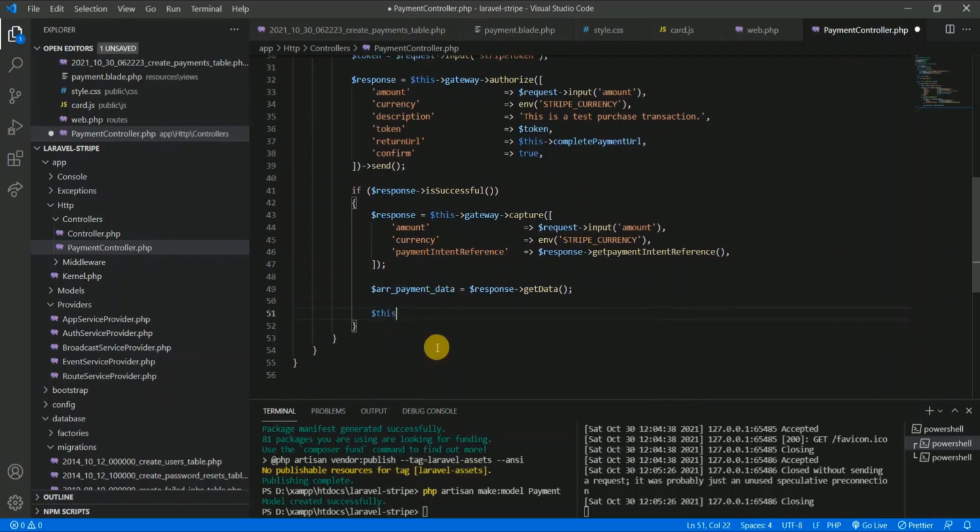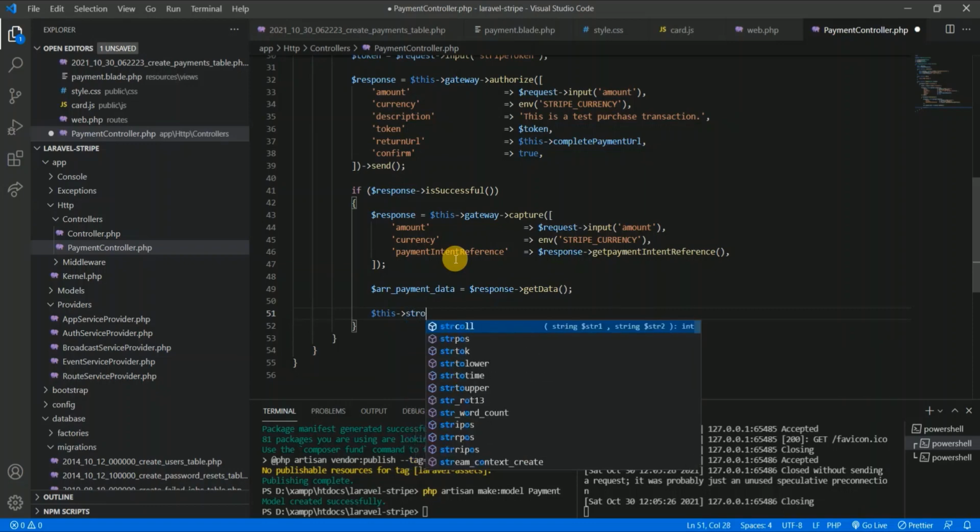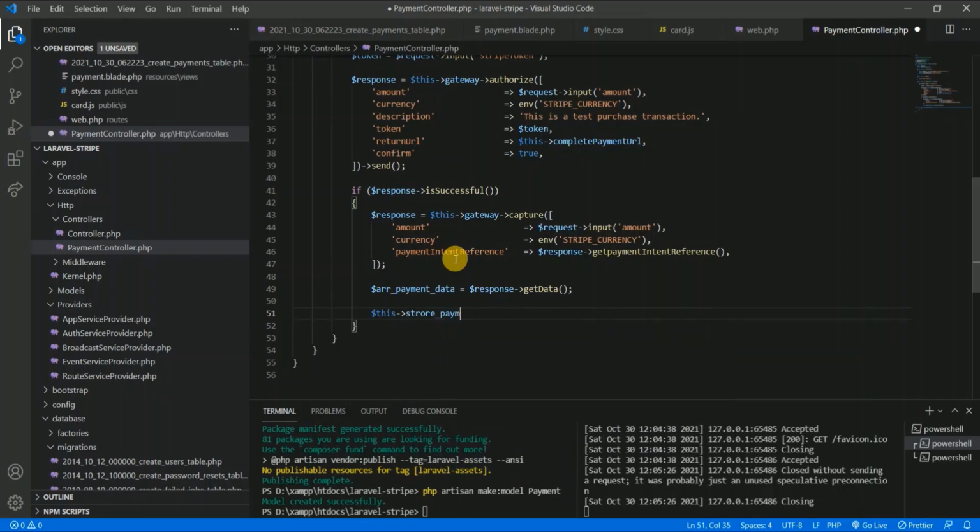Then I will define one common method to store payment details, because we need to store our payment details in two conditions: for the card which doesn't require authentication and for the card which requires authentication. And for that process, we will write the code in the next step. So first let me store this payment. My method name is store payment,